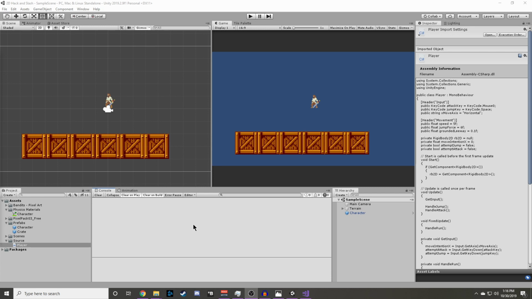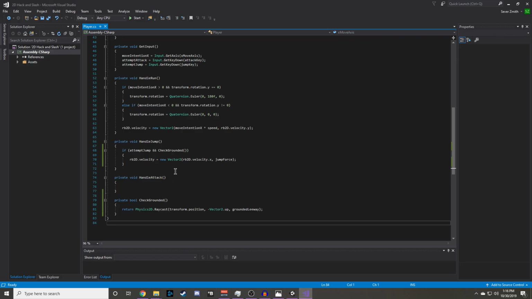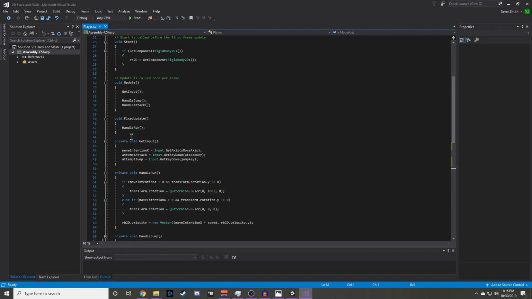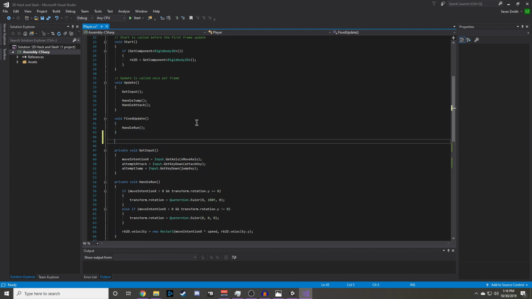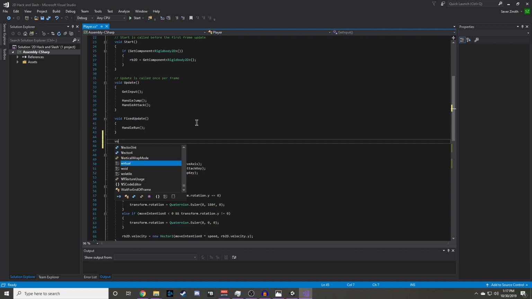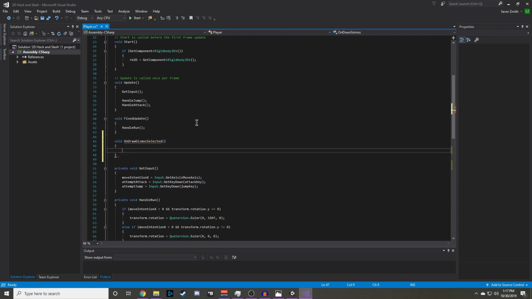If you would like to visualize the checkGrounded raycast, then we can use the OnDrawGizmosSelected Unity function. So we just need to go below FixedUpdate here. We write void OnDrawGizmosSelected. Then we only need to write Debug.DrawRay,